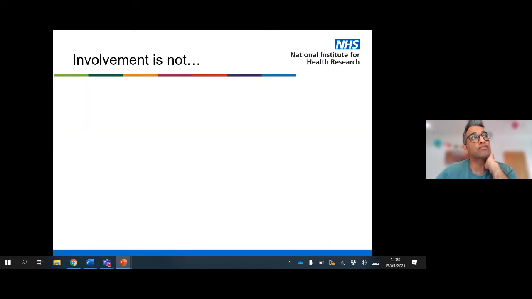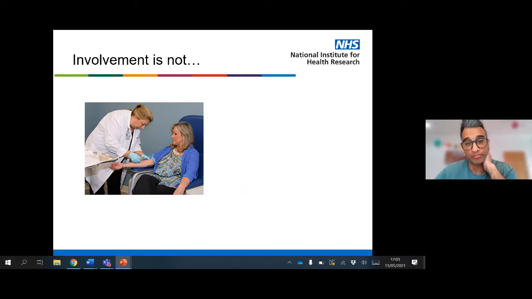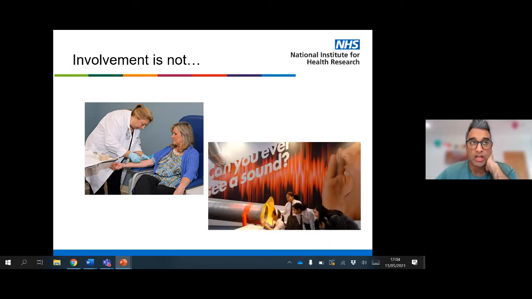So just to set the precedent, when we're talking about involvement, we're not talking about taking part in research. The fact that a patient has come in and taken part in your research study, that's not involving patients. And when we're talking about public involvement, we're not talking about, if you have an exhibition at the Barbican Science Festival or Royal Society Summer Fair or something like that, and you have a stand and you're engaging the public. That's also not involvement. It's a type of engagement, but it's not actually involving patients and carers and the public